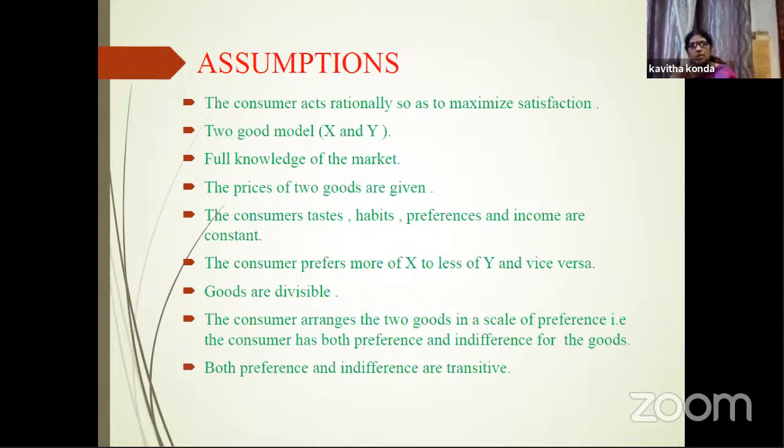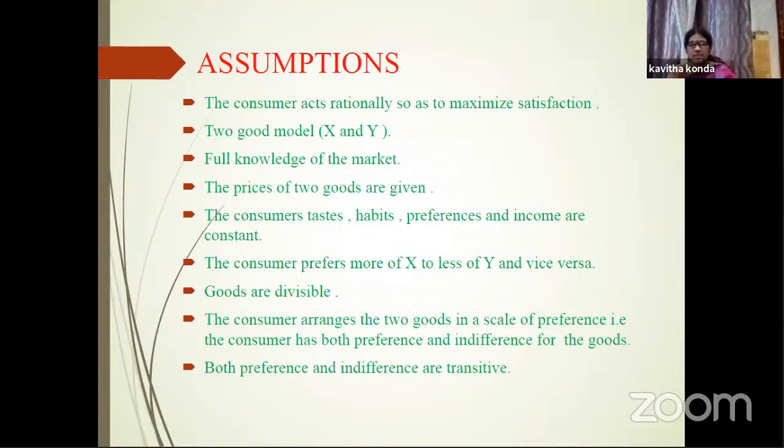If we are taking two goods, at what possible combinations the consumer will be satisfied is explained by this indifference curve analysis. At all possible combinations of two commodities on an indifference curve, the total satisfaction will remain the same according to this law. So here the indifference curve is defined as a locus of points,